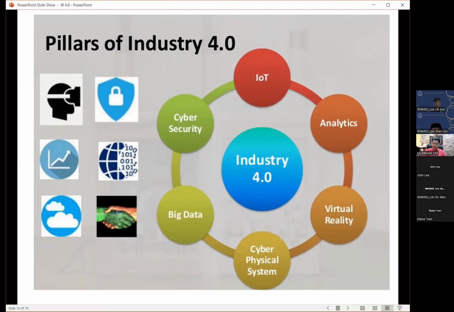So again, it depends on the countries, depends on the book that you're referring to, depends on the technology that they have, and each specific country came out with their own pillars, and the pillars are actually not similar. It's not comparable from one country to another. But at minimum, there will be about 6-7 pillars. Some countries have 8, some countries have 9 pillars of IR 4.0. But in general, we can have about 5 or 6. First of all, we're talking about the IoT, the Internet of Things, where everything needs to be